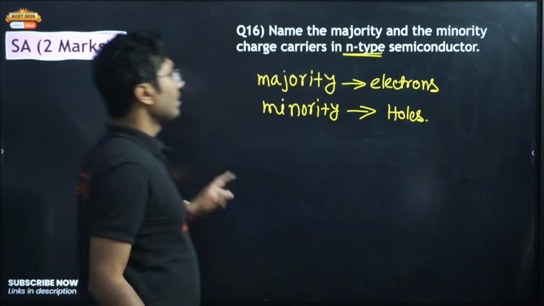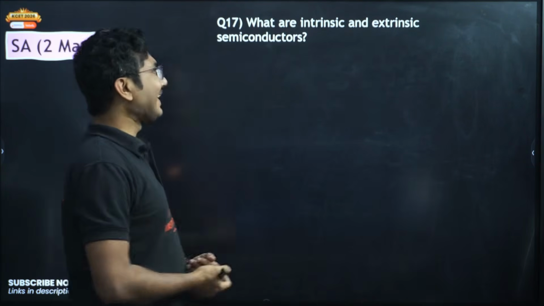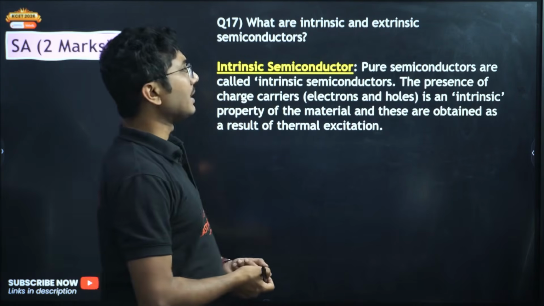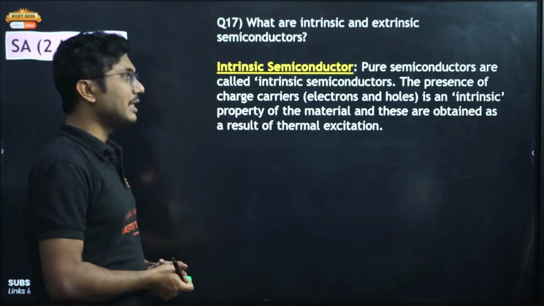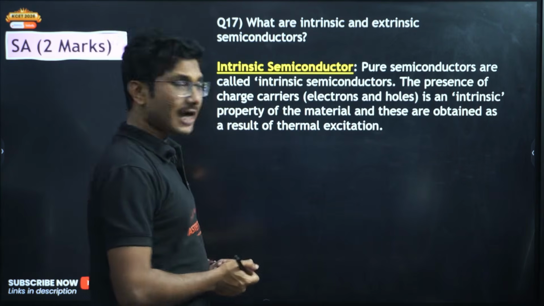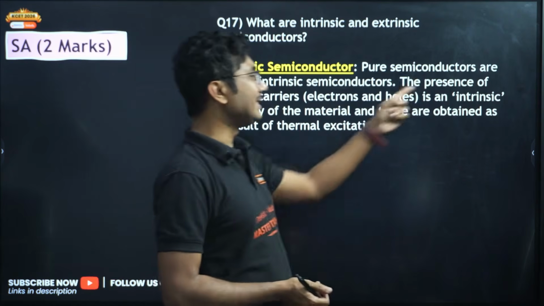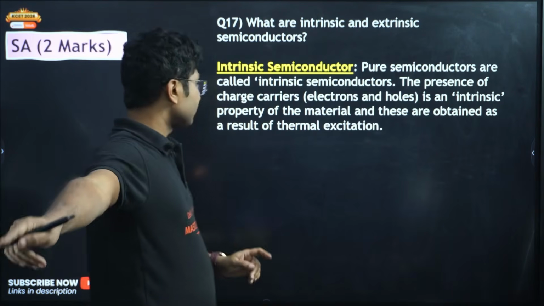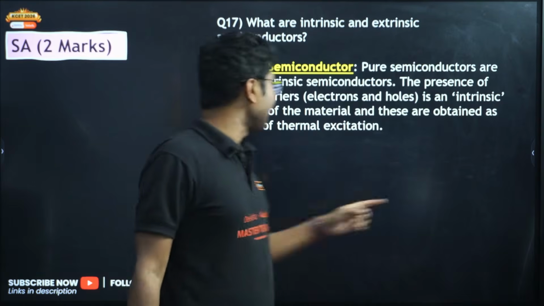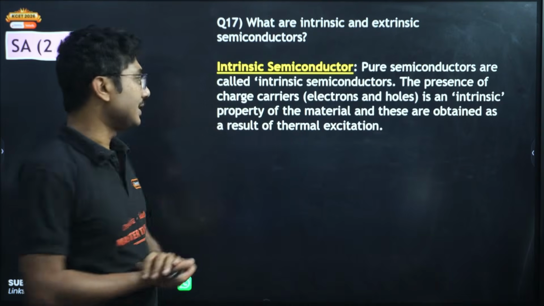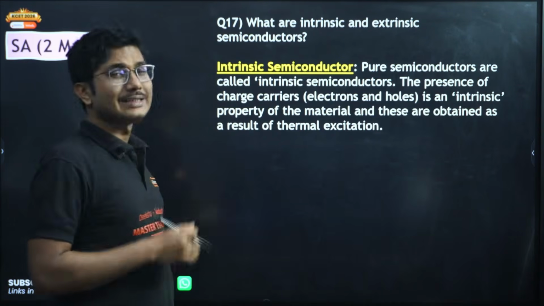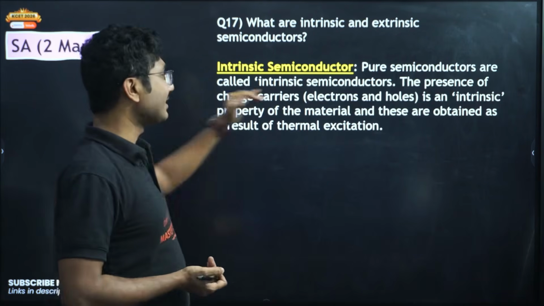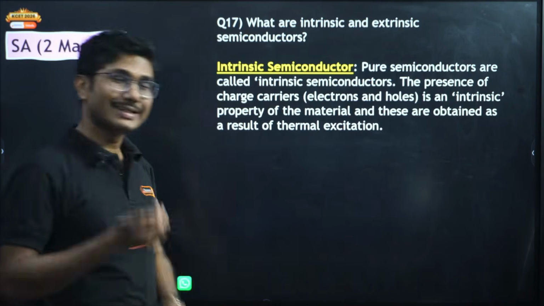Okay, next, what are intrinsic and extrinsic semiconductors? Pure semiconductors are called intrinsic semiconductors. The presence of charge carriers, electrons and holes, in an intrinsic semiconductor is an intrinsic property of the material, and these are obtained as a result of thermal excitation. So intrinsic semiconductors are basically pure semiconductors, and charge carriers are an intrinsic property of the material, and its conductivity